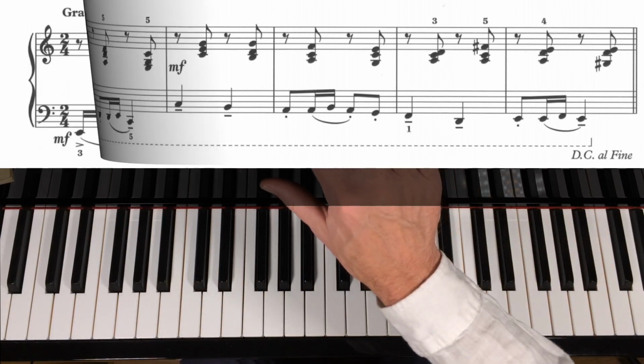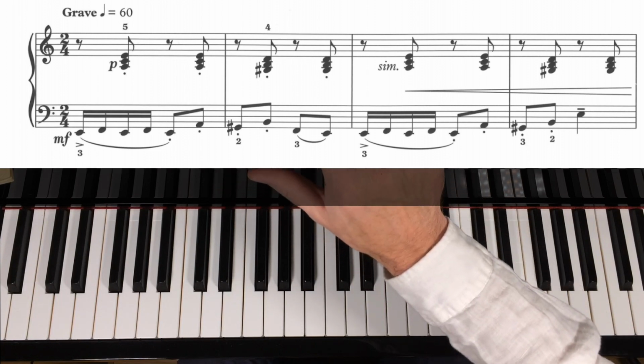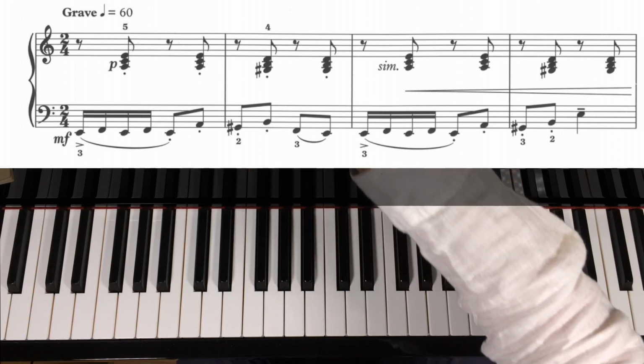Final word is on the tempo. The book suggests 60 beats per minute. So you will be aiming for